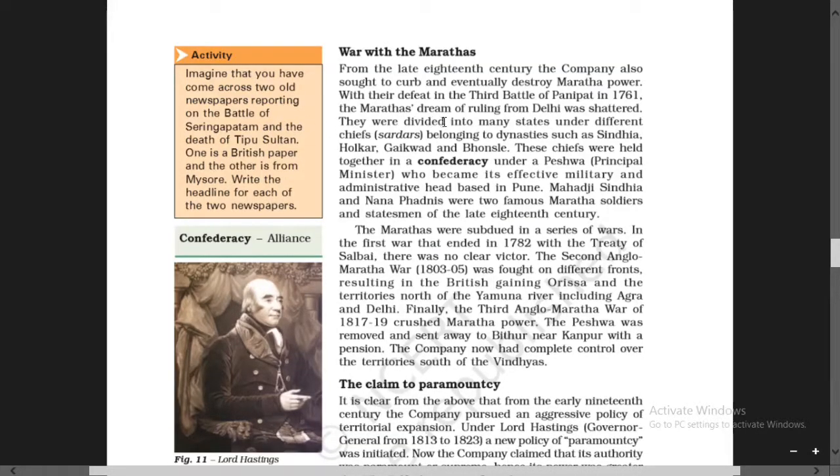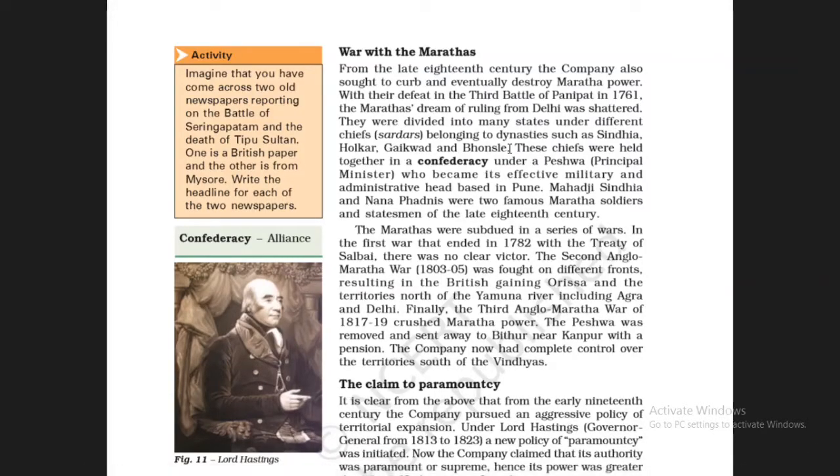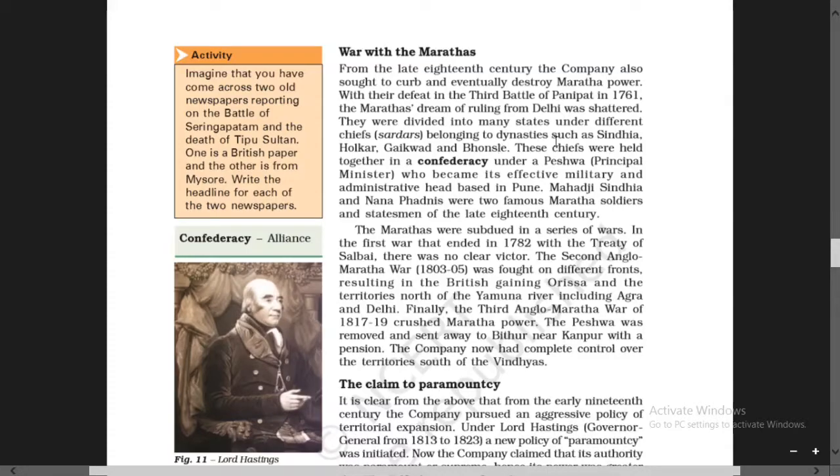They were divided into many states under different chiefs. Chief means Sardar, which is a Hindi word, belonging to dynasties such as Sindhia, Holkar, Gaikwad, and Bhonsle. So these are the different dynasties which were divided. These chiefs were held together in a confederacy